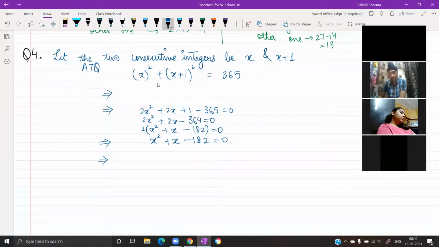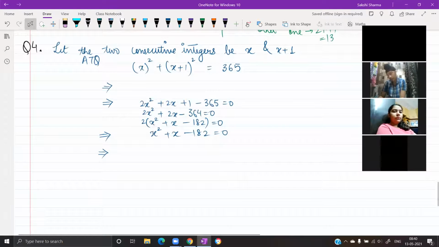I was wondering about something, the students who are giving their tests. Beta, I expect you to take the tests honestly. If you are not prepared, do as much as you can. Don't copy from books or online. Books you don't even open. You don't even put effort to turn the pages or look for the answer. Maybe it's a question from your textbook. Online, directly search for the answer.